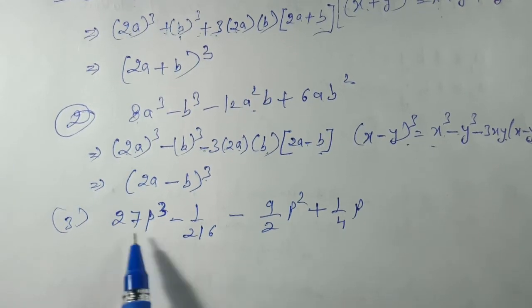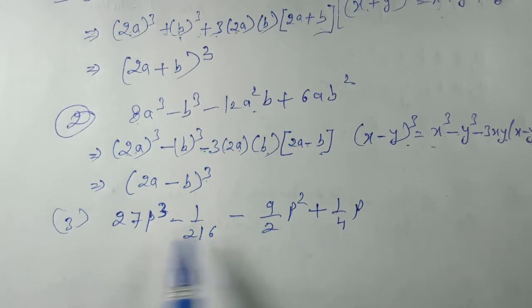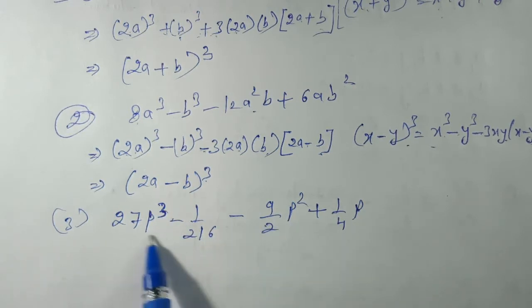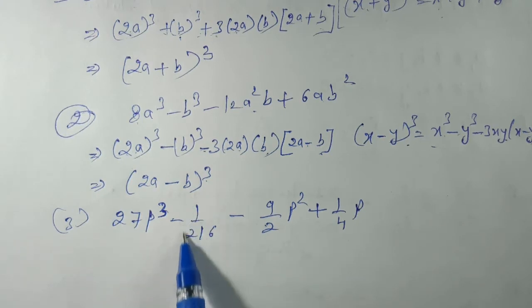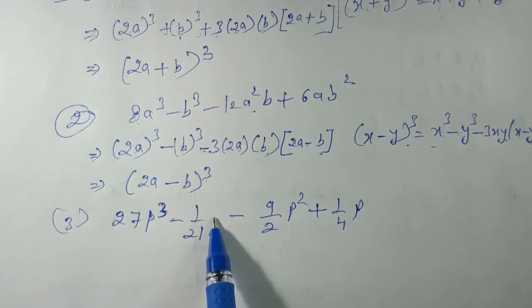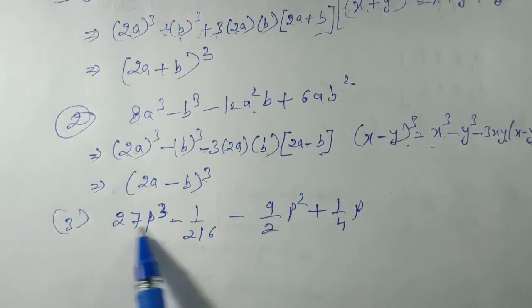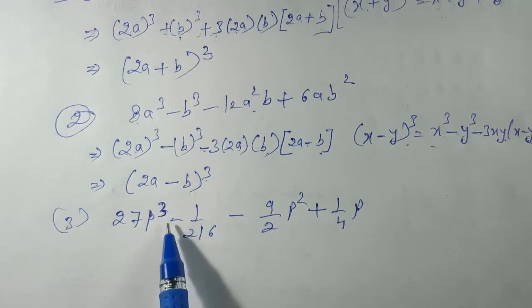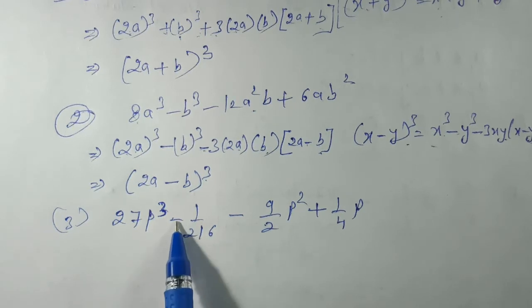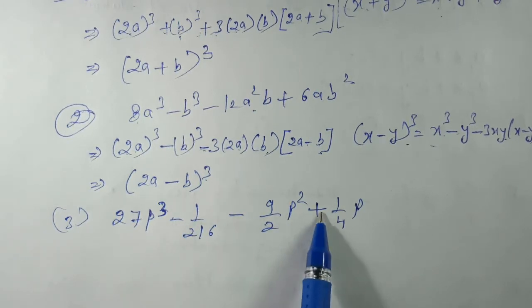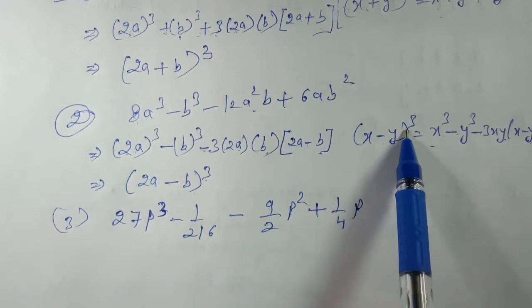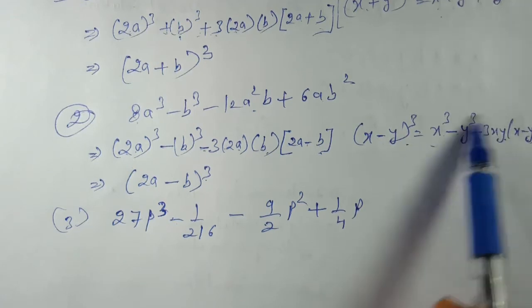So in this identity we have 4 terms, and the first term is in cube. Only one we are finding is in cube form. The second term doesn't have any variable. But since cube is there, we have to identify the identity of cube. It means which identity, plus or minus. Here is a negative sign, here is a negative sign, but at the last it is positive. So it means we have to take the same identity, x minus y whole cube, and we have to check the right hand side portion.